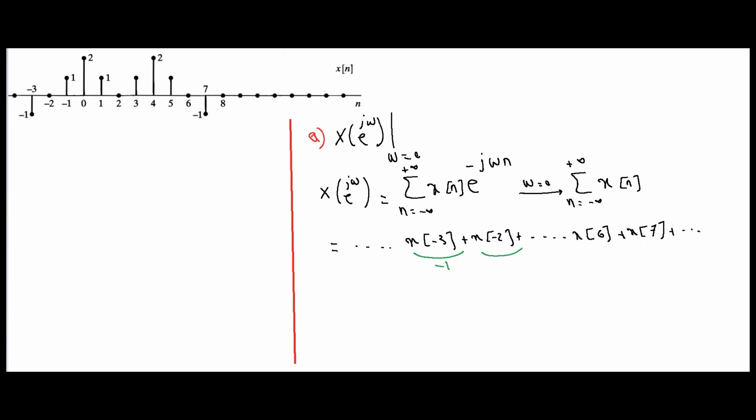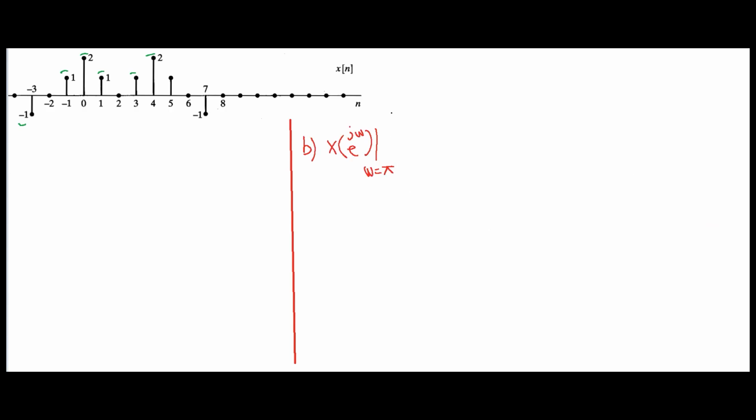Since the signal is non-zero only from n equals minus 3 to n equals 7, we sum the signal values over this range. By adding these values together, the result is 6. In the next part, we are asked to find the Fourier transform at omega equal to pi. Again, we write the Fourier transform as the summation